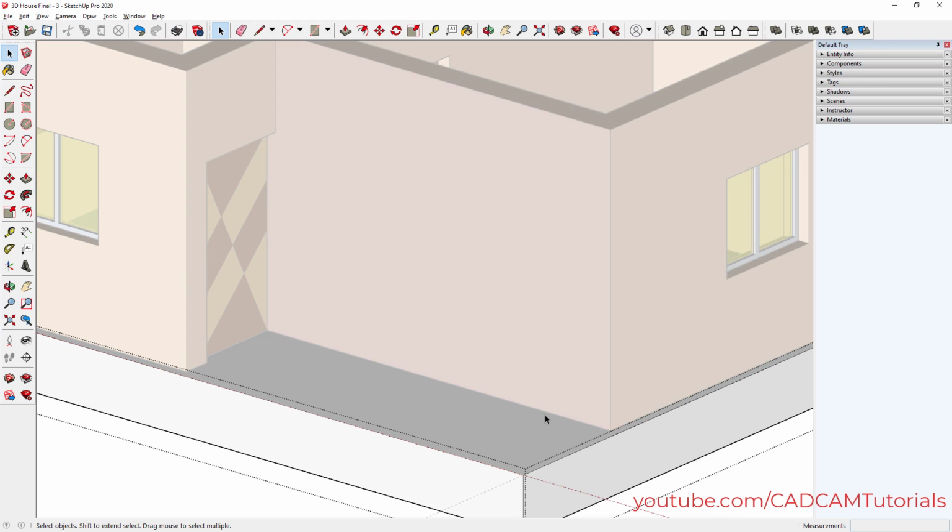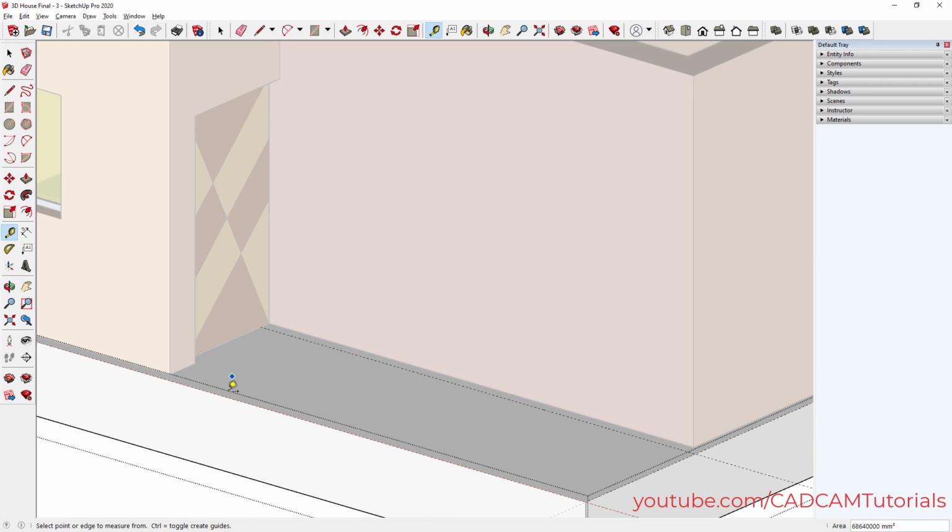Then we will need one more reference of 100 from this wall. Click on tape measure tool, click on this line, take your cursor in this direction, specify gap of 100, enter. Then we will have to create steps here. For that, click on this line, take your cursor in this direction, then specify here 240, press enter, then press